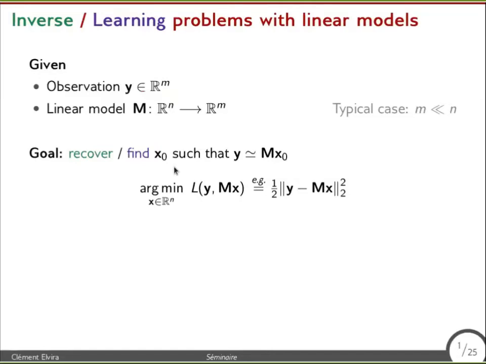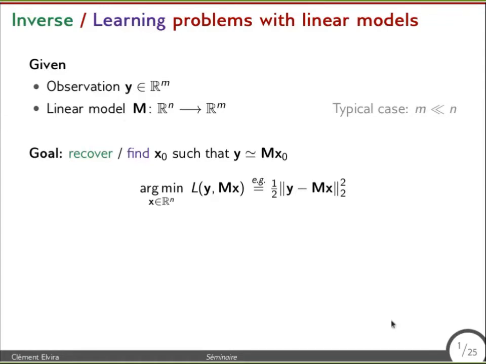Just in case, I have prepared some slides about the context, but since we've been talking about the slope problem for 2 hours now, I think I will be quick on this one. I will just take the opportunity to introduce my notations because they are a bit different from the previous talk. The observation I am interested in reconstructing will be written y, a vector of size m. The optimization variable, of size n, small n, will be denoted x, and the matrix that I will use to do the fit will be written bold M, big M.